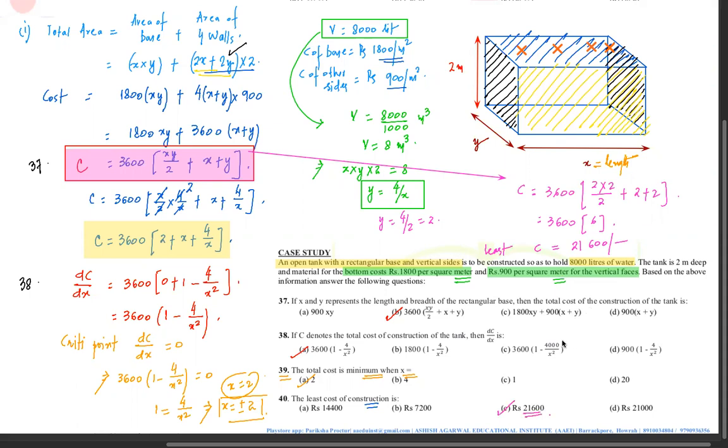So what was the basic and the most important trick in this question is to convert the given volume into meter cube. Most of us, we are overlooking this parameter and then we are ending up getting C as the correct option. No, C cannot be the correct option because the volume they have given us is in liter, and we must be knowing this conversion that 1 meter cube is equal to 1000 liters. A simple conversion is important in this question. So this is all about this case study, an important one. Do have a practice case. Thank you.